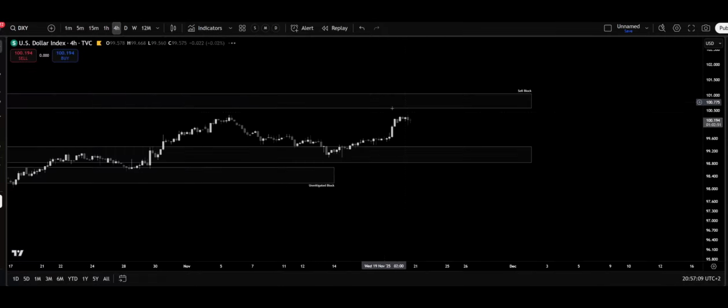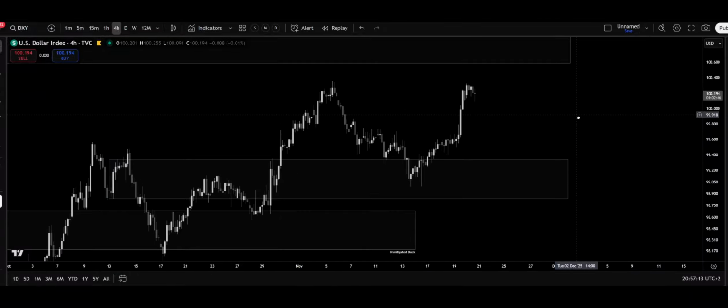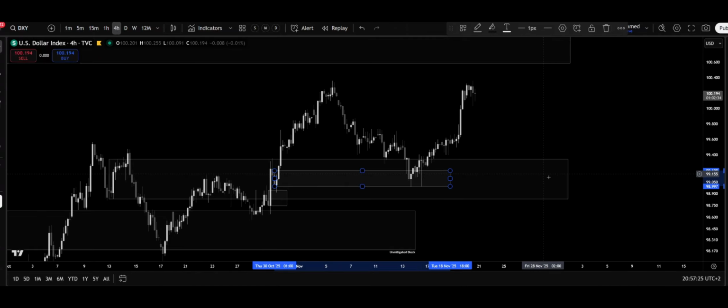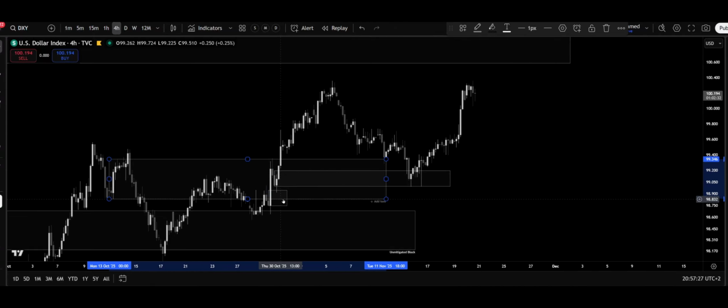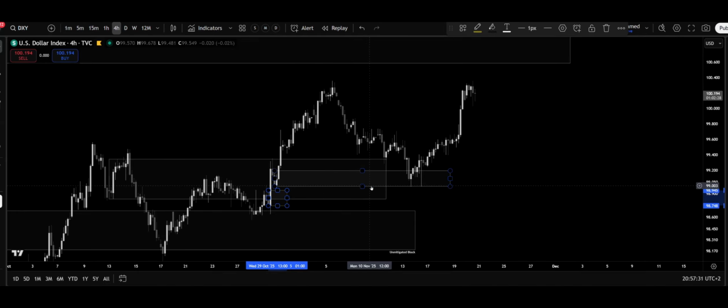How do we do it? We go to the 4 hours and look inside this 4-hour block. So we have this buy block, price interacted with, created this one, and voila. So those two, let's just mark them with yellow so that we know they are 4 hours, not 1 day.